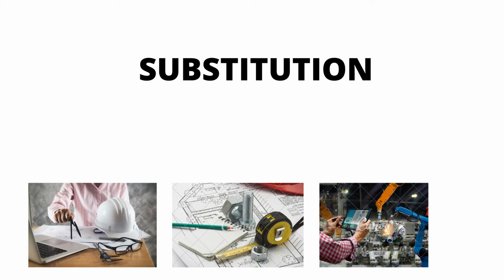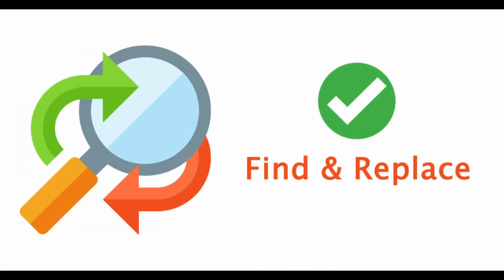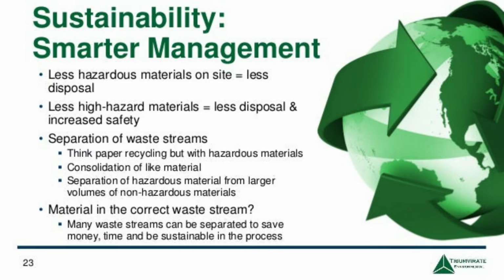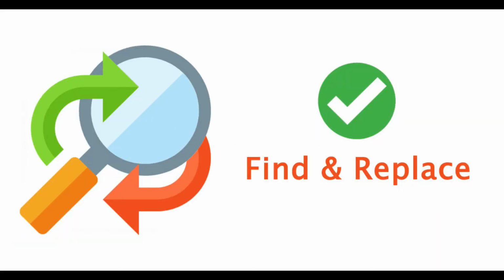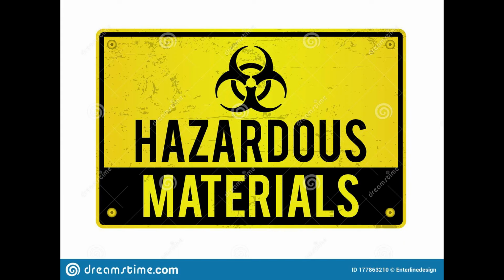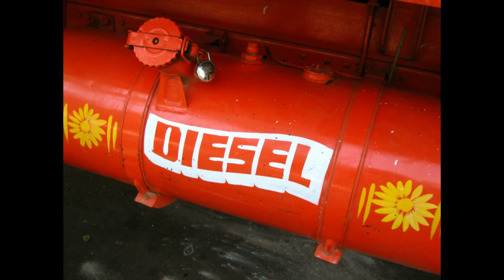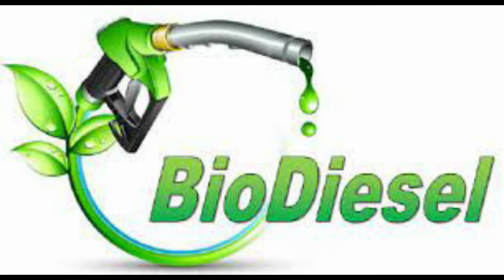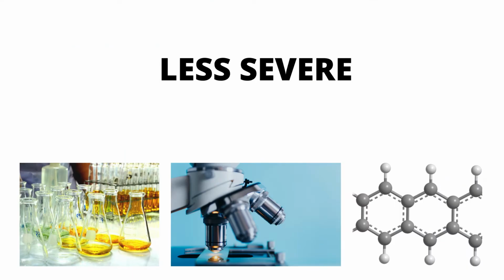For substitution, replace a substance with a less hazardous material, or a processing route with one that does not involve hazardous material, such as replacing a hazardous procedure with one that is less hazardous. For moderation, use hazardous materials in their less hazardous form, for example, the same substance but in a safer formulation, or identify a processing option that involves less severe processing